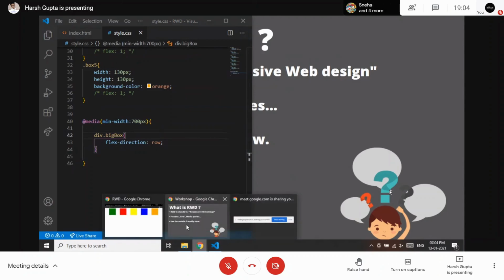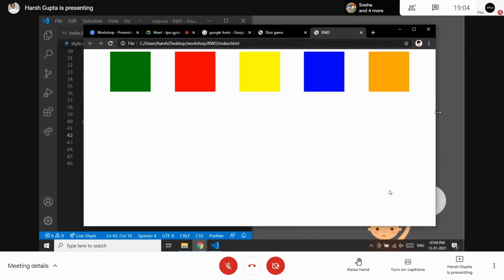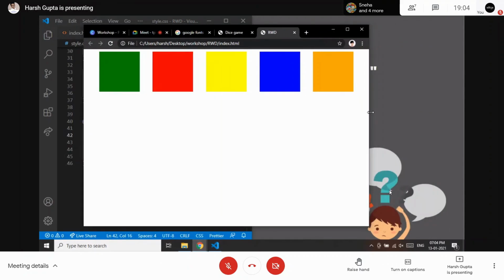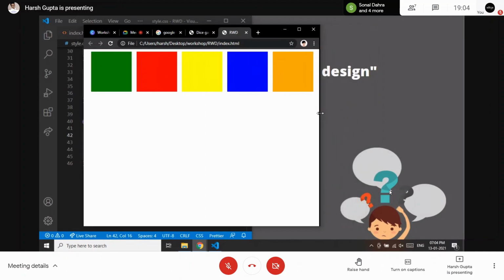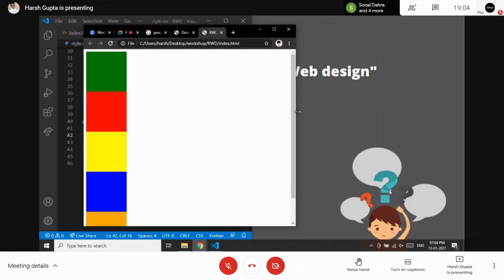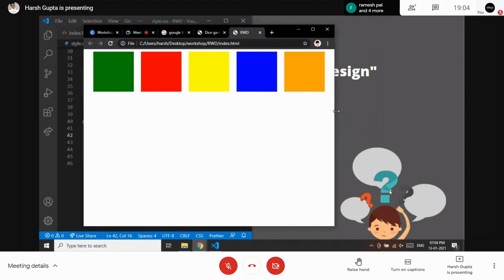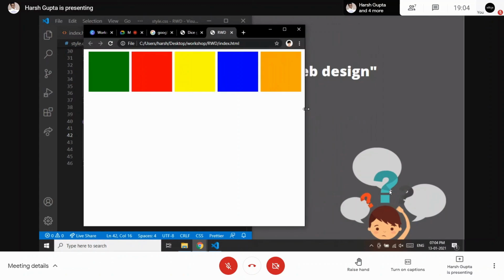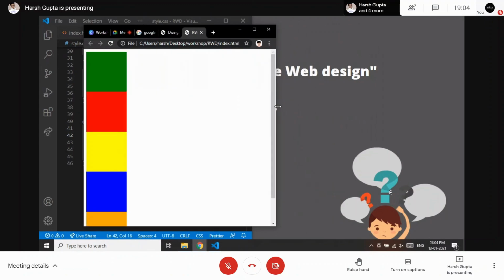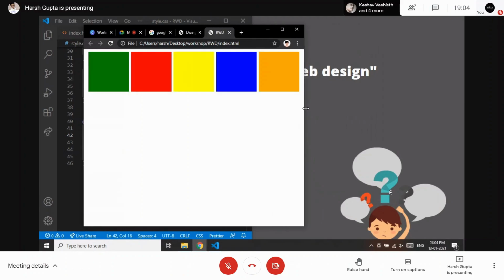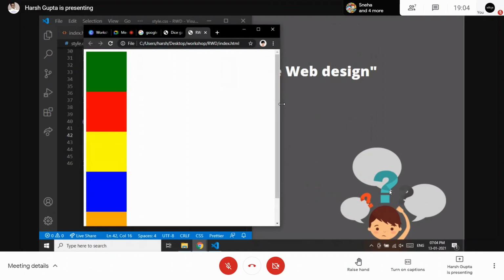Okay, so I will again open this window, and as soon as I cross the 700, this is above 700, and this is below 700. So as soon as we shrink the window to lesser than 700 pixels, it is showing this, it is affecting that particular code which is written in the media query.